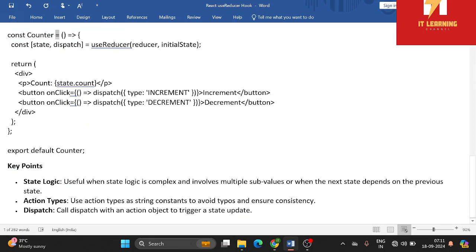const Counter = () => { const [state, dispatch] = useReducer(reducer, initialState). Return a div with a paragraph showing Count: